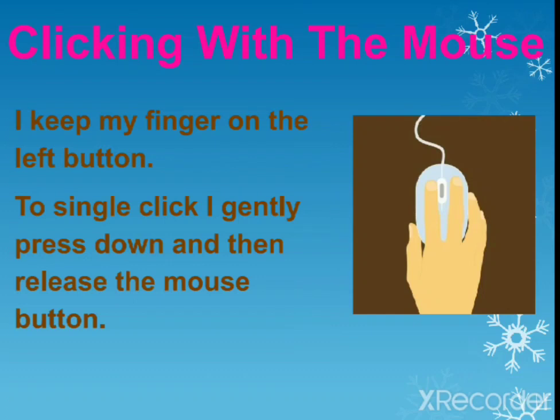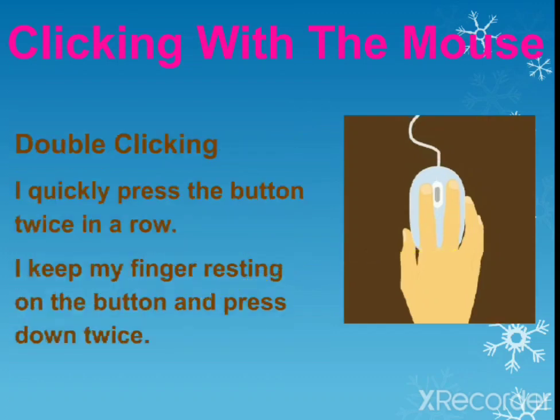To draw, to color, to open anything, we are going to use the left mouse button only. We are not going to use the right mouse button more. You are going to press your index finger, the first finger, more. When we press it one time, it will be a single click. And when we press it two times together, quickly pressing the button two times, that will become a double click. Fine.